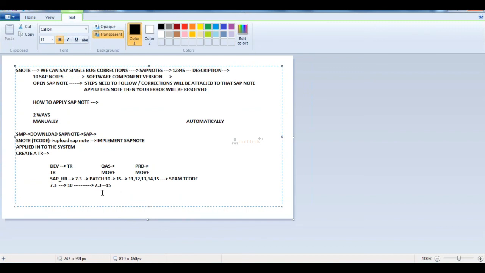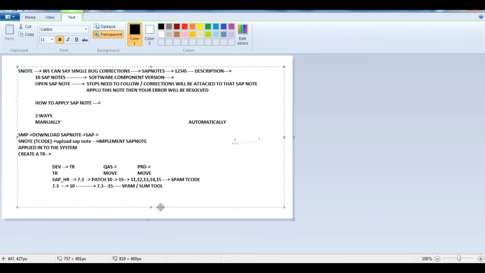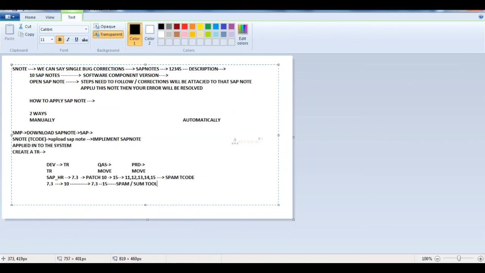So this stack upgrade we can perform using the spam T code or using some tool. Yes, we call it stack upgrade.